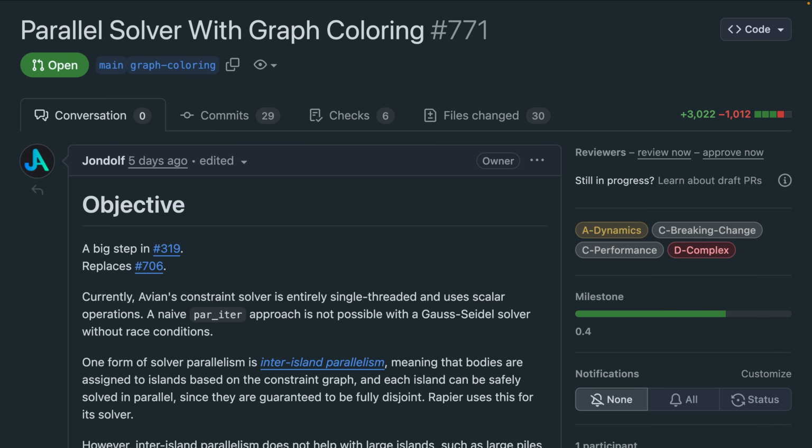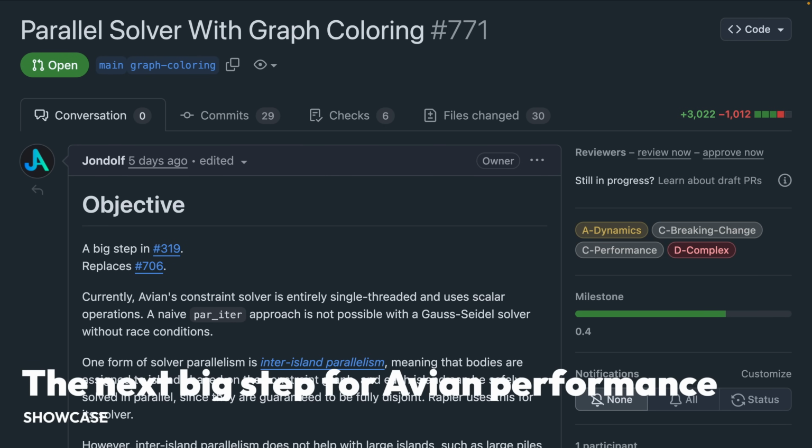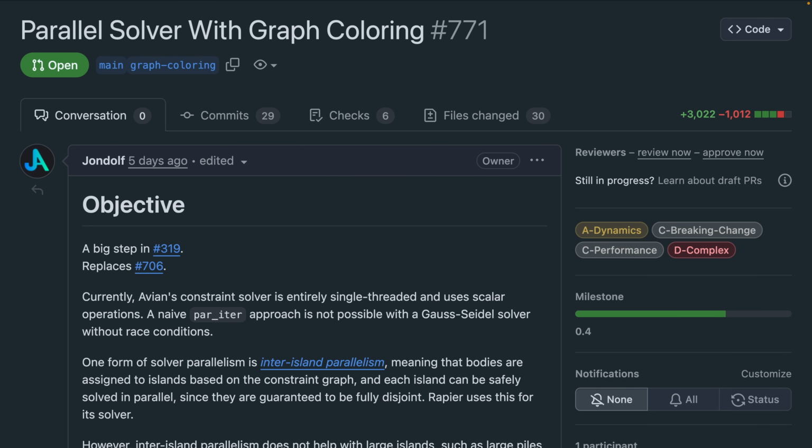And next up, we've got the next big step for Avian performance. This is a parallel constraint solver with graph coloring. Some physics engines, such as Rapier, use inter-island parallelism, where bodies are grouped into disjoint simulation islands that can be safely solved in parallel, since each body only belongs to a single island. However, it does not help with large islands, such as big piles of objects, because constraints within each island must